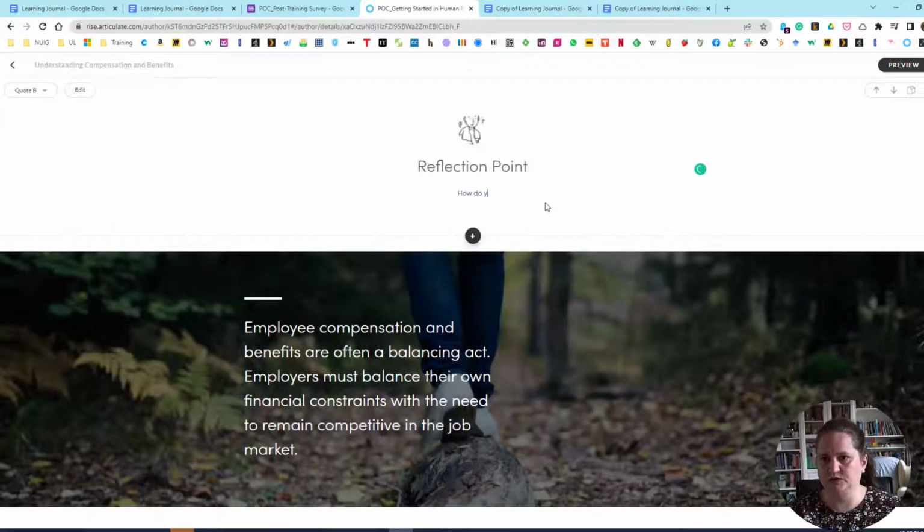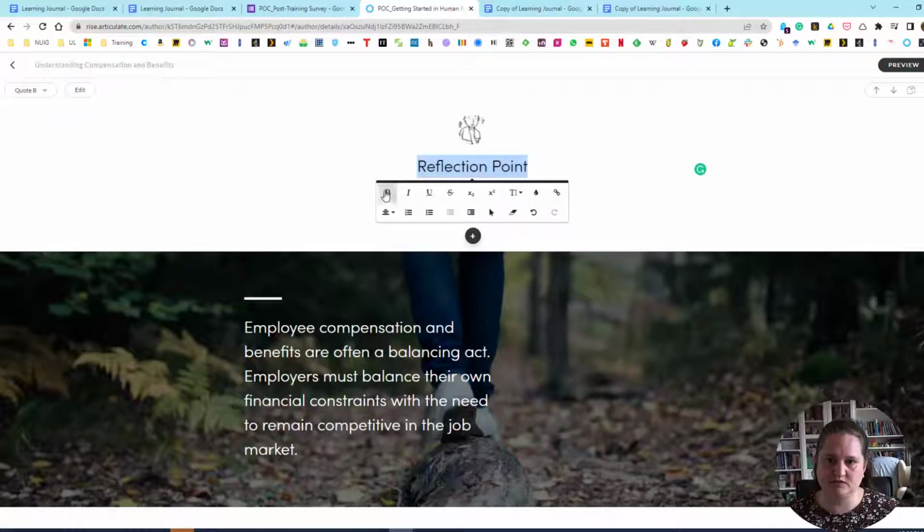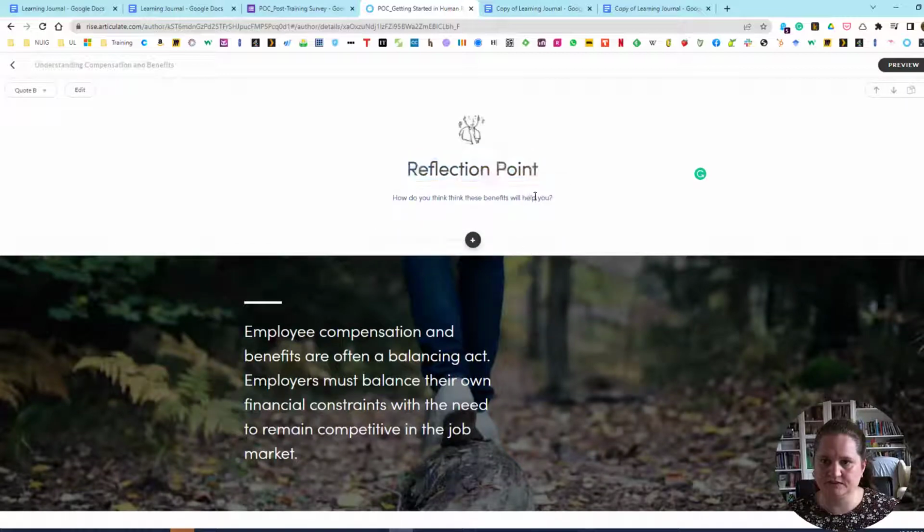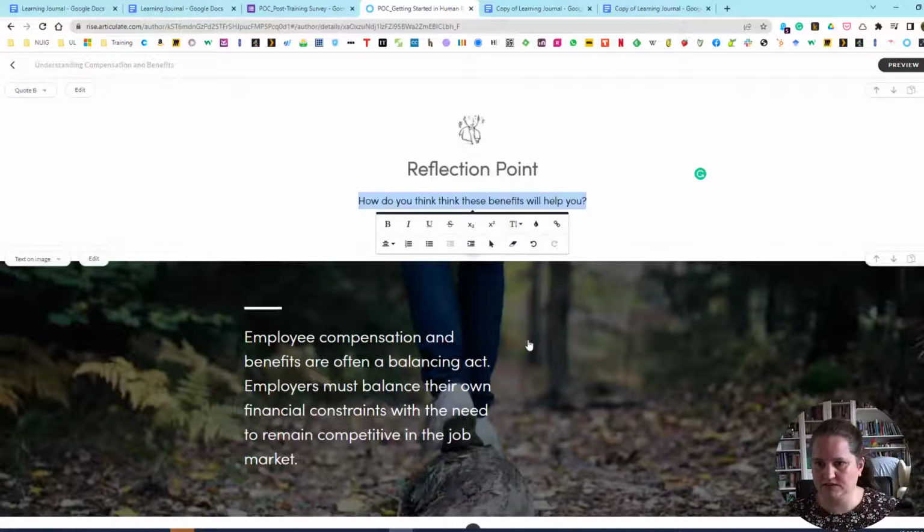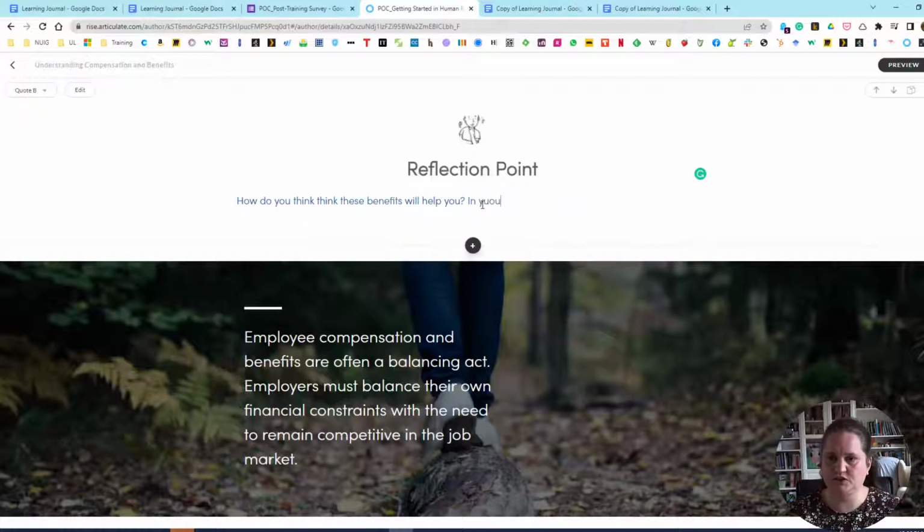and how do you think these benefits help you? And of course we want to change this, so I want to make this bold and maybe make this a bit bigger so it's a bit standy outy. And I am going to make this font size 20, maybe left align-ish, in your learning journal document